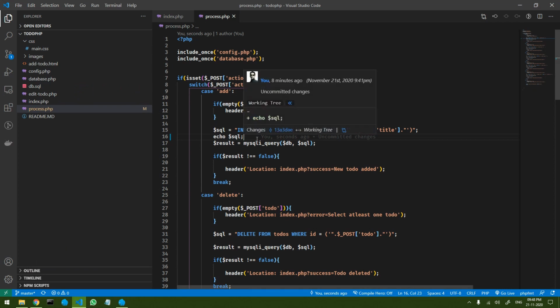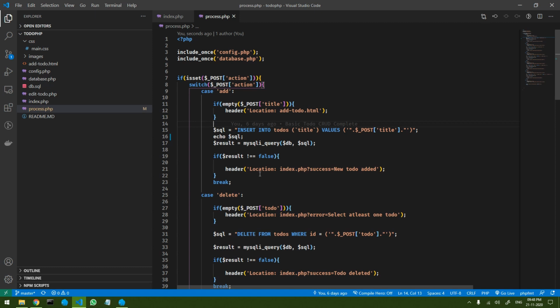Okay, now securing is very simple. Basically, any parameter coming from the user needs to be sanitized. So you have to check whether the user is trying to put something which should not be there.